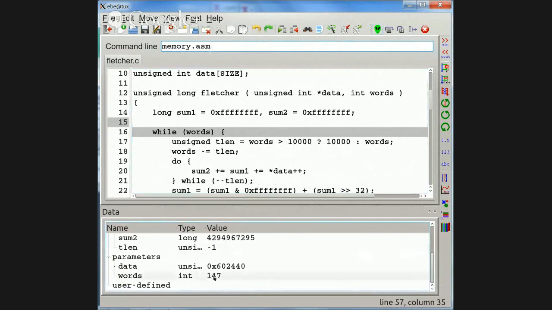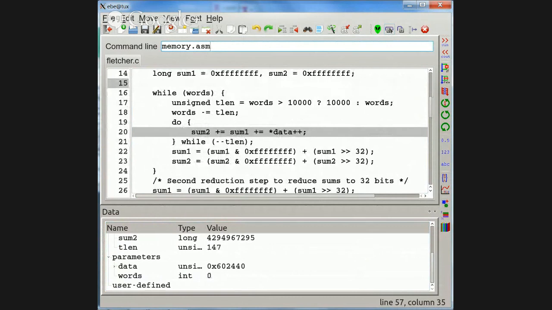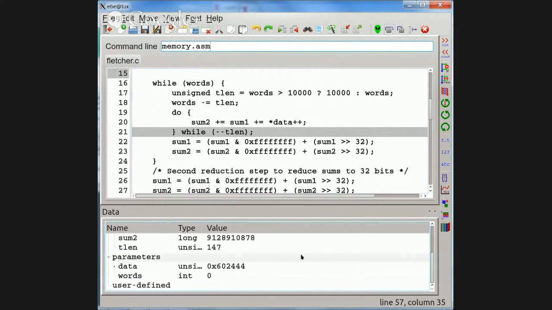And down here we see words is 147. TLEN is 147. So then it does sum2 plus equals sum, which is plus equals data, and the values get accumulated. This changes pretty rapidly.